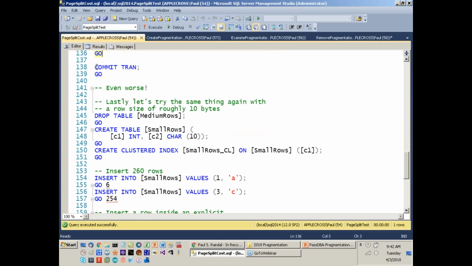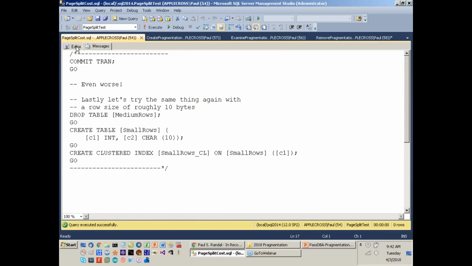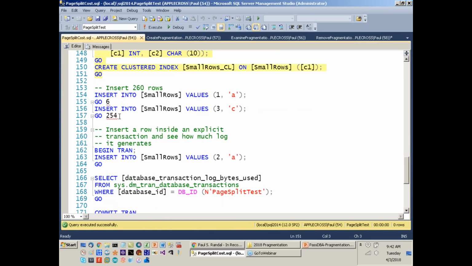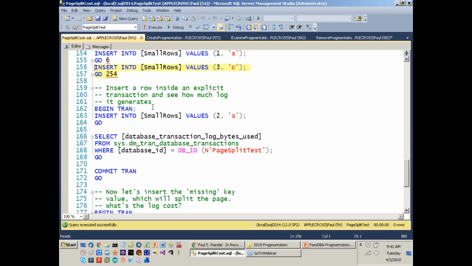So now let's drop down to roughly 10 byte rows. Very roughly. And here I'm going to do what's called a skewed page split. I'm going to make it so the storage engine decides not to do a 50-50 split, but actually decides to move the majority of the stuff off of the page. It's called a skewed page split.